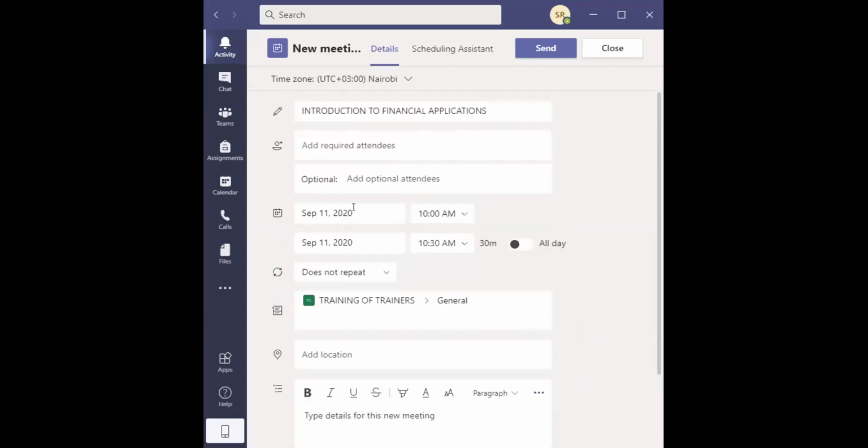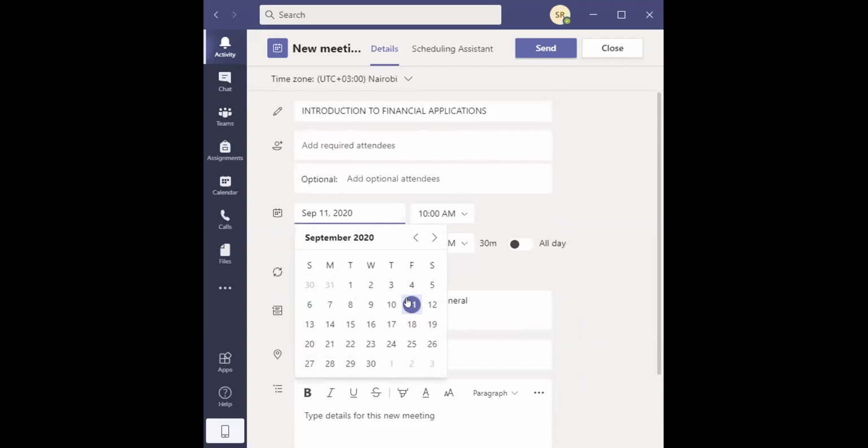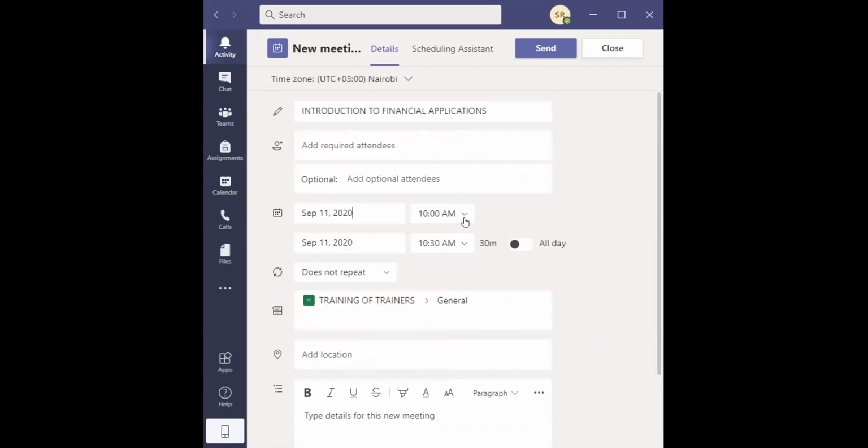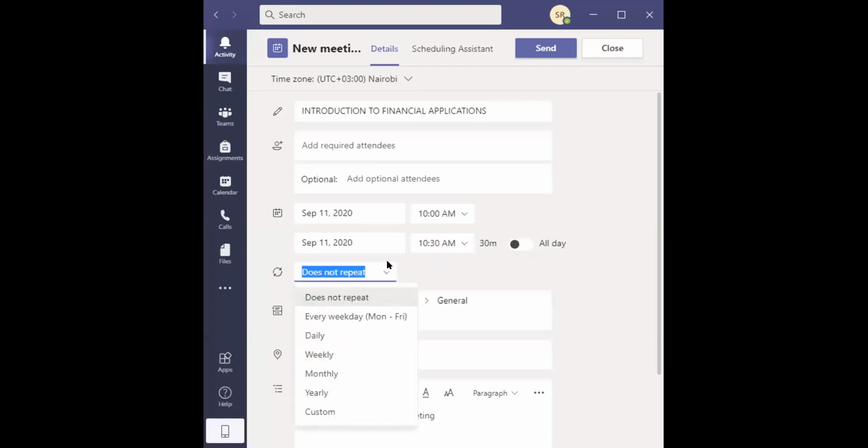Then up at the center here, I schedule the meeting. Maybe the meeting will be for today, from maybe 10 to 10:30. I also realize there are other buttons where you can have the meeting repeat itself daily, or maybe just once.